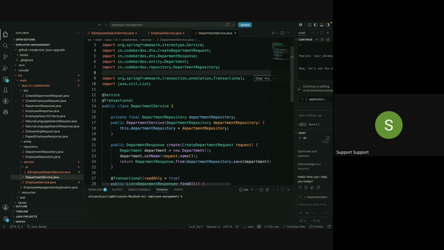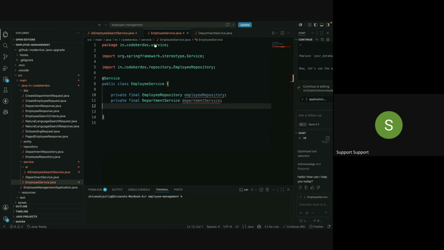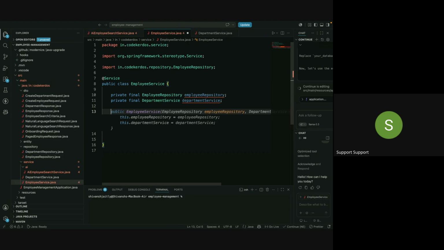Let me remove this parameter issue. Department service is done. I'll quickly go to this employee service, where we will do all the things. Two methods I will create, and two methods you all need to create, and then I will start with the class. Again repeating, for the employee service,